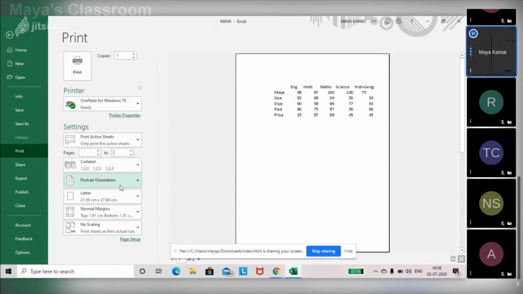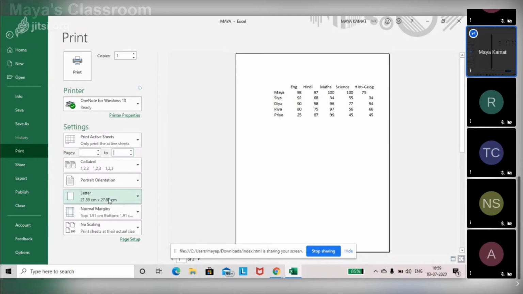Portrait orientation is the vertical paper that you're going to put. Portrait, sorry, is the horizontal paper position. No, sorry, it's reverse. Landscape is horizontal, portrait is vertical.